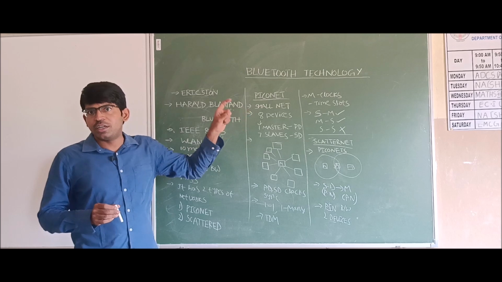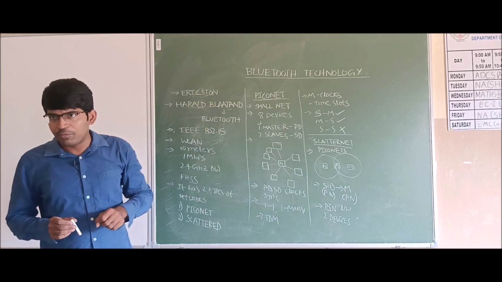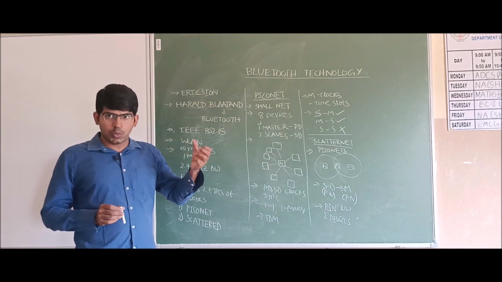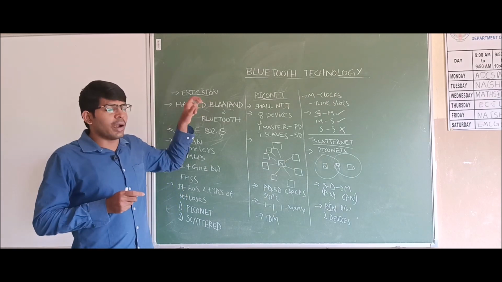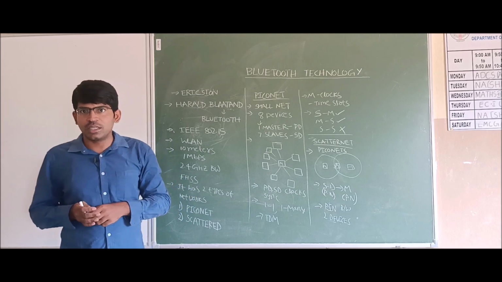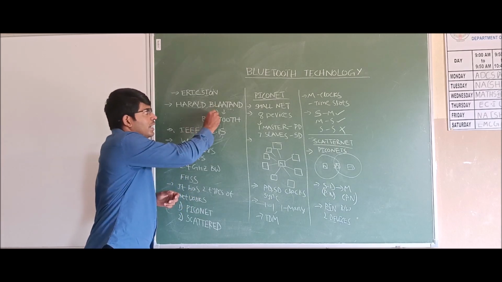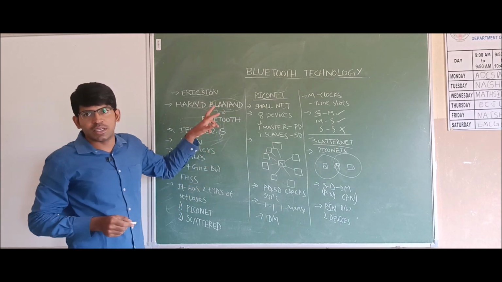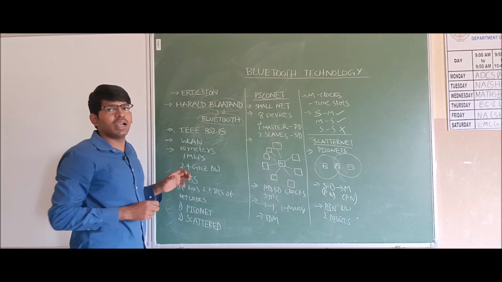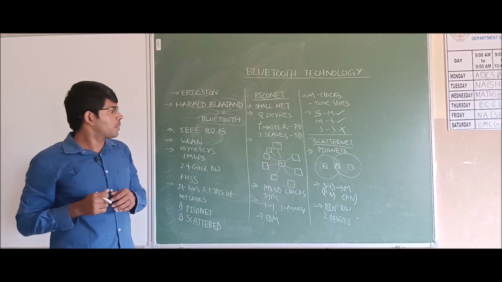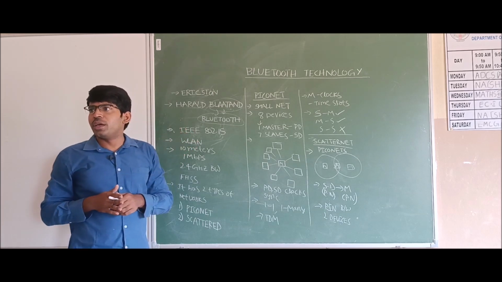Harald Blatand was the Denmark king at that time when the Ericsson company was doing this project. So they named this technology with the name Harald Blatand. In Denmark, Blatand means Bluetooth in English. Later, this technology was called Bluetooth technology. So here,